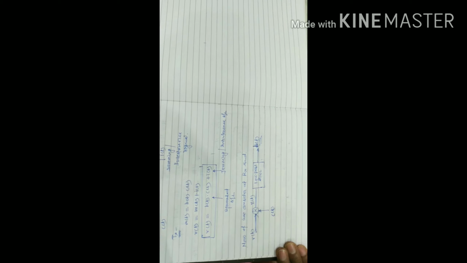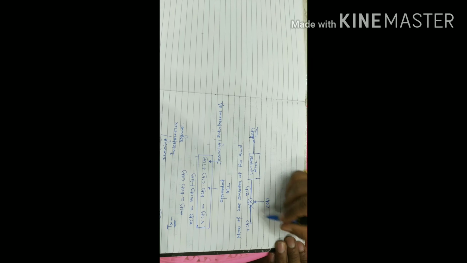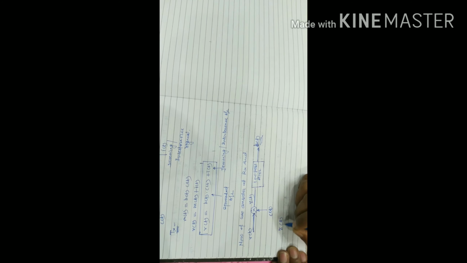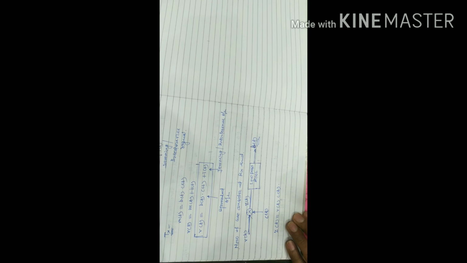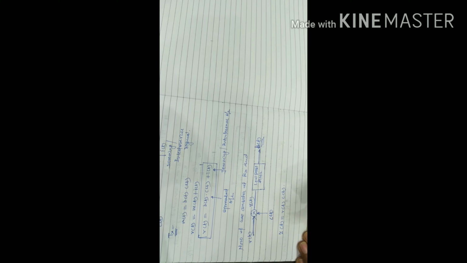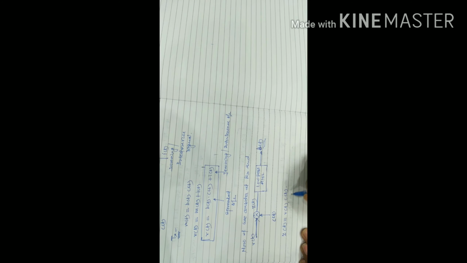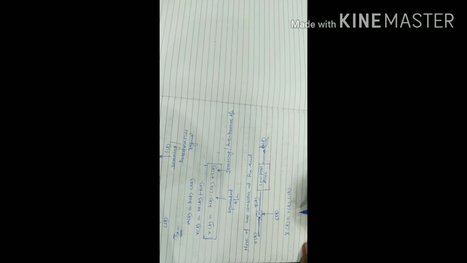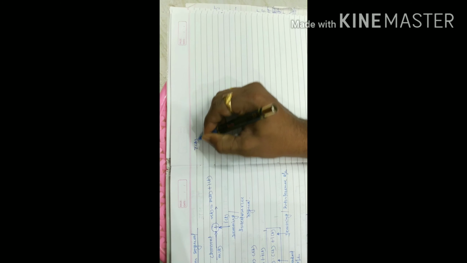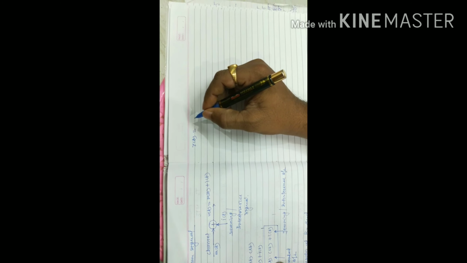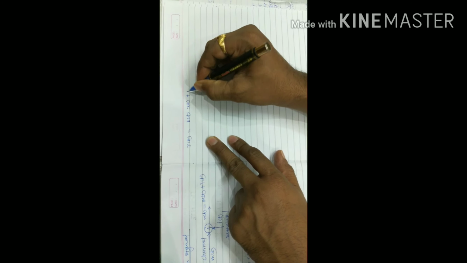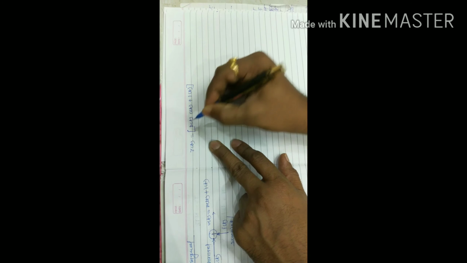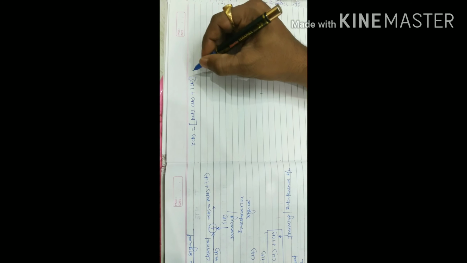Here we have assumed that Z of t is equal to R of t into C of t. And what is the value of R of t? From this equation we can write Z of t is equal to R of t, which will be replaced by B of t into C of t plus I of t. This is the value of R of t, which is again multiplied by C of t.